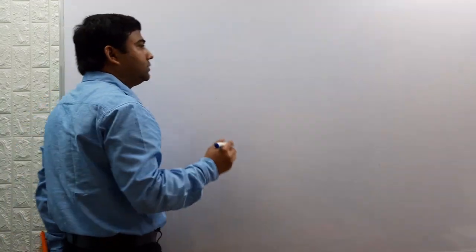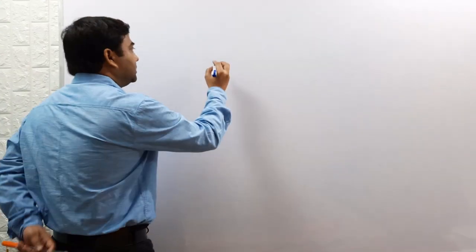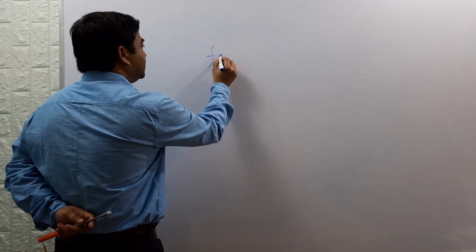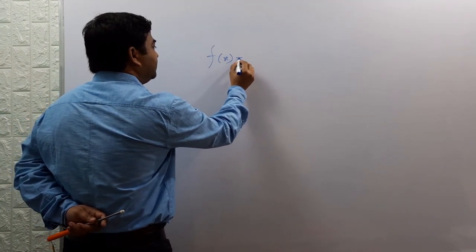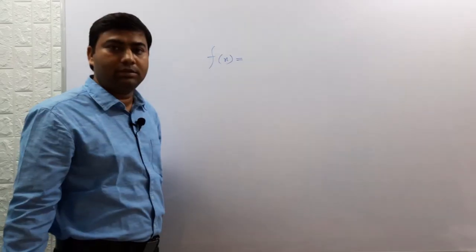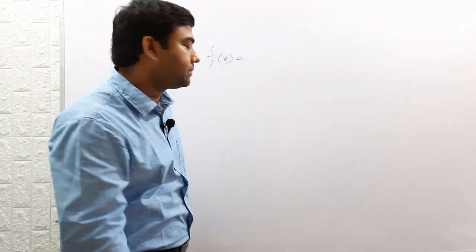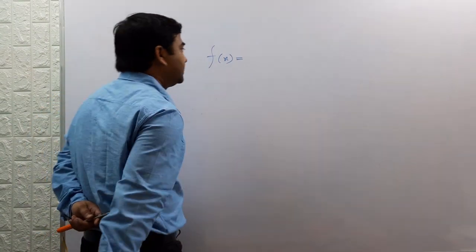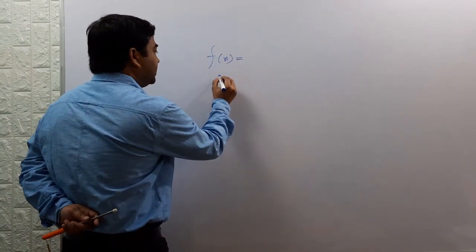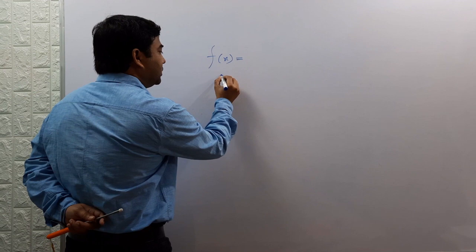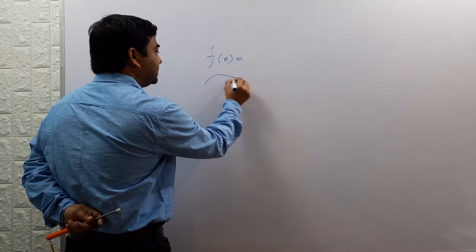Our next topic is increasing and decreasing functions. We will cover this topic shortly because it is not very important, but you must have an idea of the nature of a function, whether it is increasing or decreasing. So there is a function f(x). It is called an increasing function at a certain point.